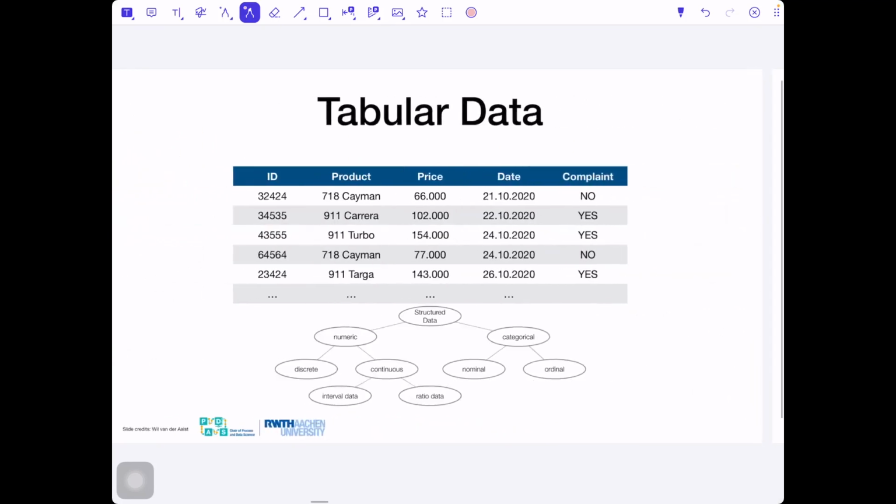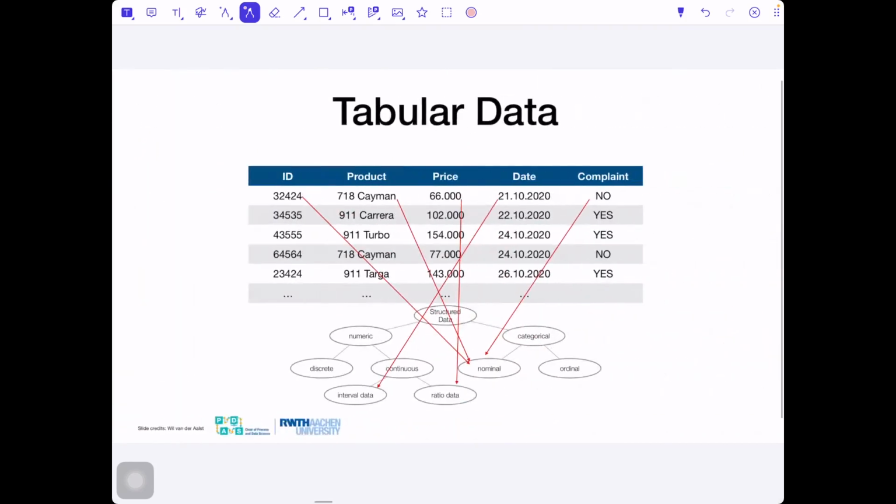And as you can see, we can again try to put every feature into our taxonomy. ID is categorical and nominal, because we can only differentiate. Although they are numbers, we cannot sum up IDs, subtract or multiply them. We can only distinguish that this ID is different from another ID.